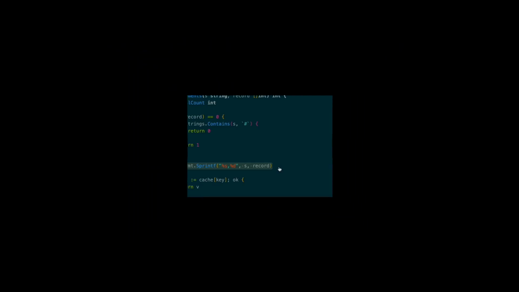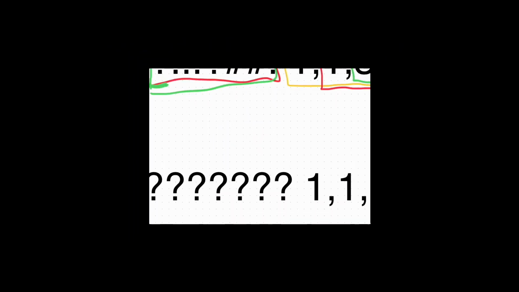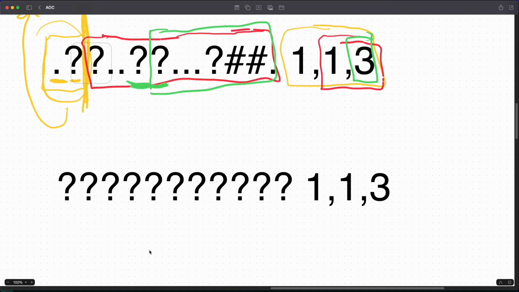And here we can go back to our diagram. So, how this caching mechanism works, if we use this as an example: the first time through, if we've got 1, 1, 3, like we have over here, we start here on 1. And because this is a valid match and this can become a period, we send this string